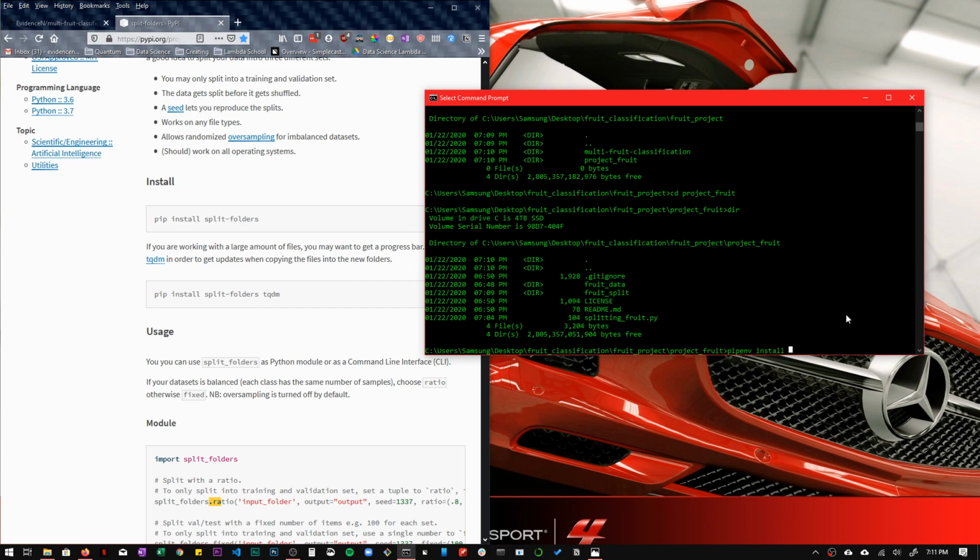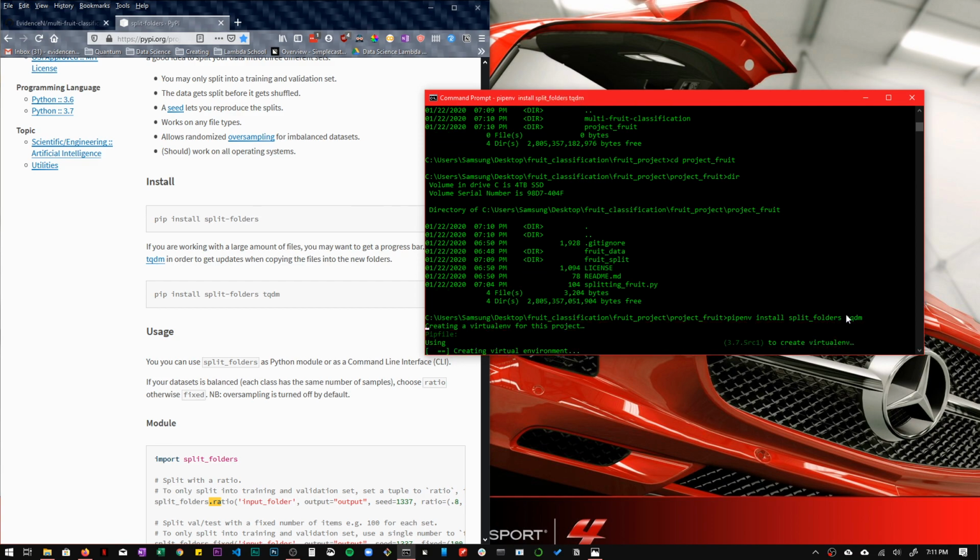All right, so install split folders, tqdm, right? First, it's going to create the virtual environment for this project, and then it's going to install what we wanted it to install, and then it's going to lock it. The reason why I'm installing pipenv again is because it didn't lock it the first time. When I uninstalled it and then installed it again, it was corrupted and it couldn't be locked. Anyway,